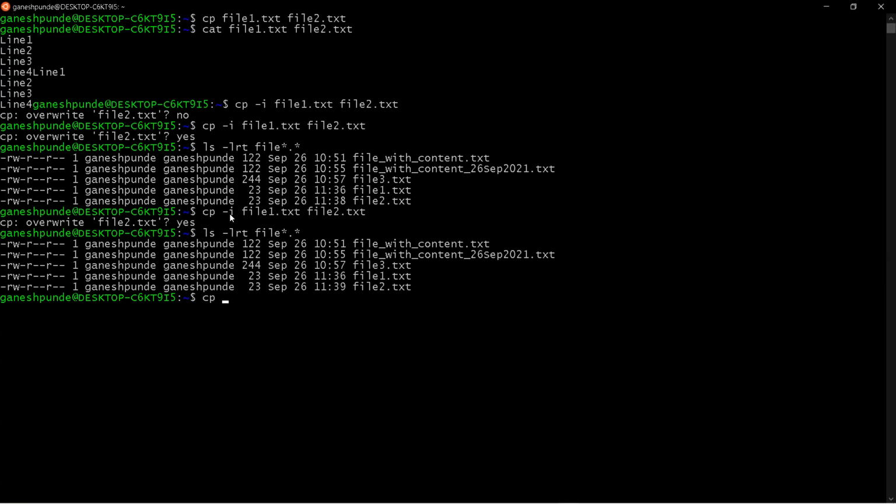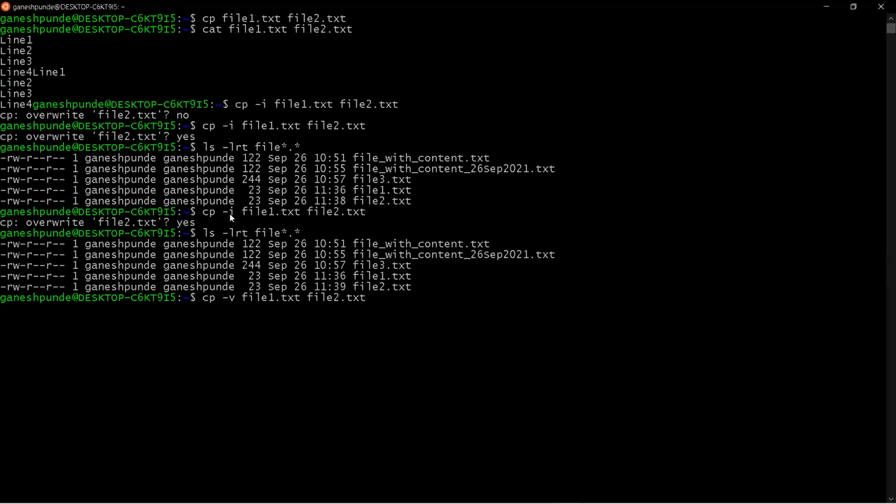Then we saw cp -v, right? File1 and file2.txt. So -v means what? Verbose output. So if you want to see verbose output, what does it mean? Basically, whatever operations Ubuntu is doing as part of that command, it will describe them, and a helpful message will be displayed to the users.